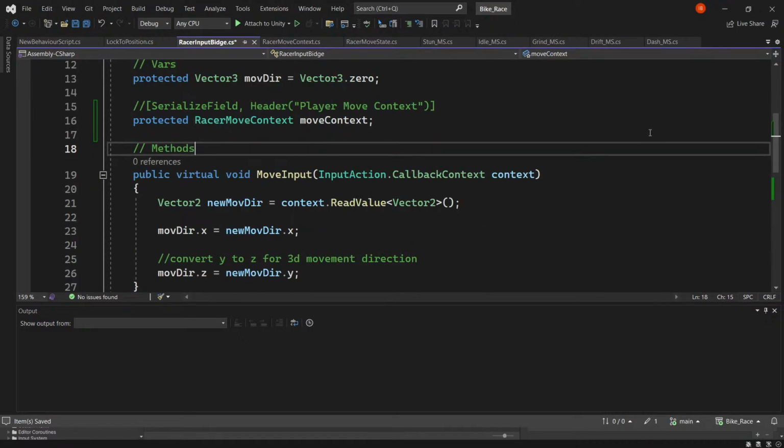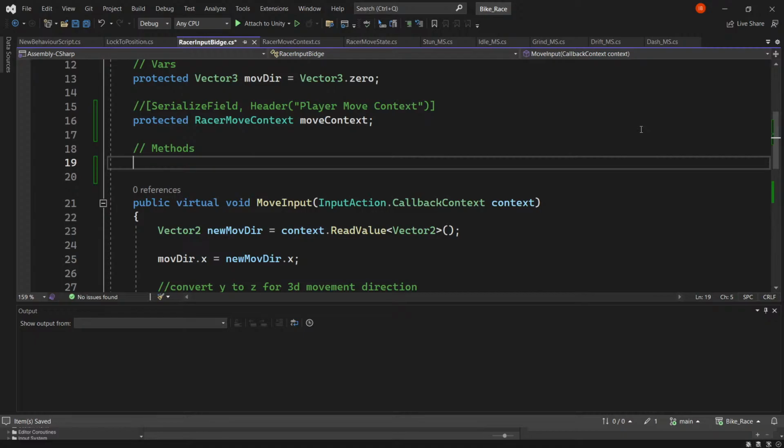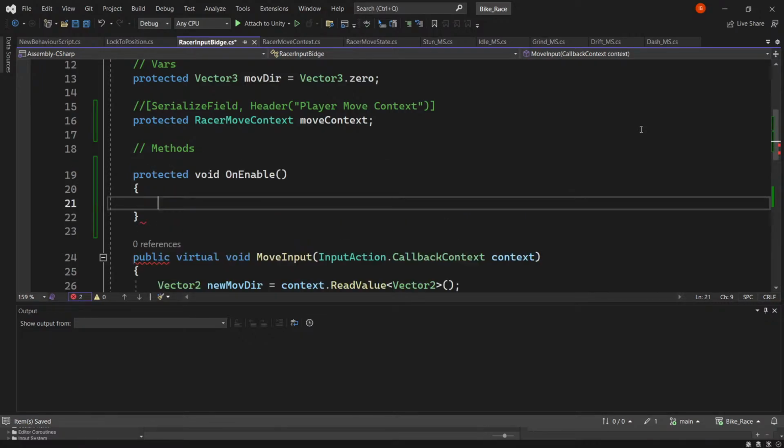Open up a line in our methods. Protected, on enable, move context is equal to